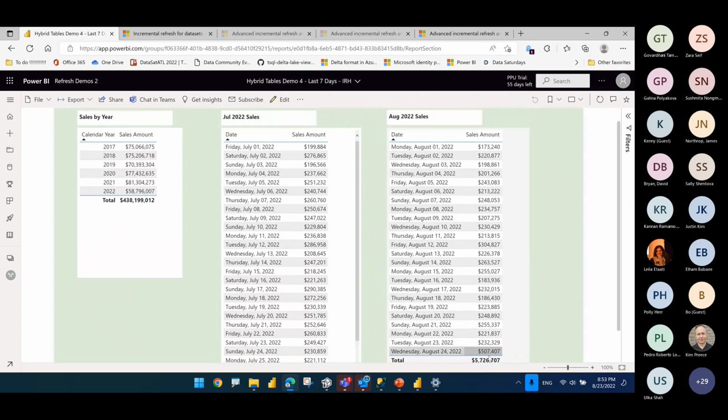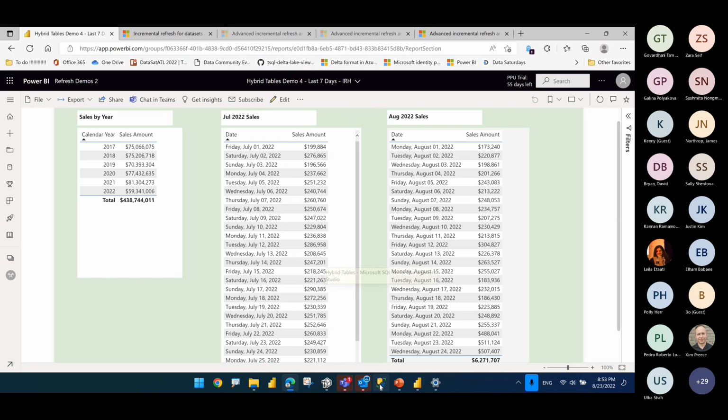Okay, so this is still cached. This is cached in Power BI service. So I'm gonna hit this one to actually refresh the report, and we should see these two refresh, but not this first one. Okay, so let's do a refresh, and you see that these two numbers changed, but this one did not. So this is incremental refresh for you in a nutshell, with the hybrid option that gives you that last part of it that can update automatically with a page refresh.